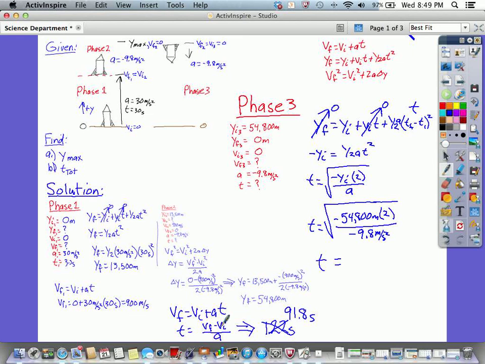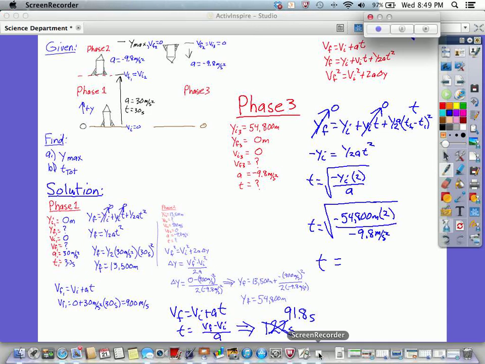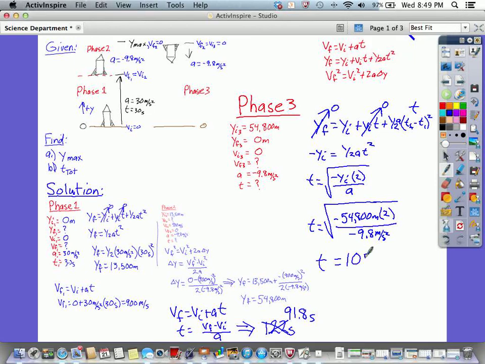You get about 91.8 seconds for your time in phase 2. And then we can figure this one out here for phase 3. This then equals about 105.7